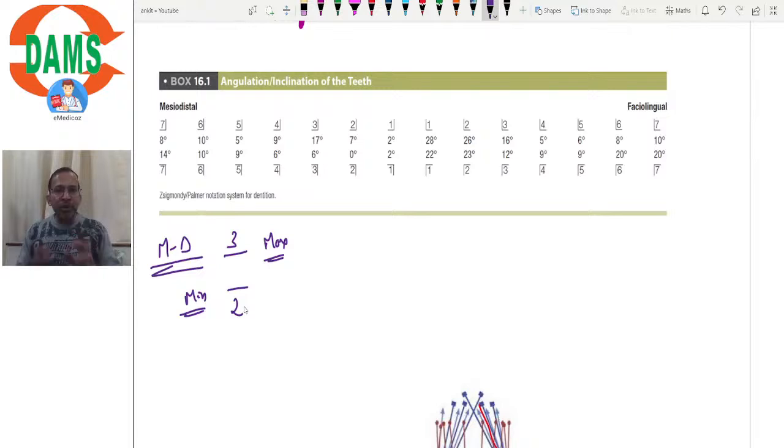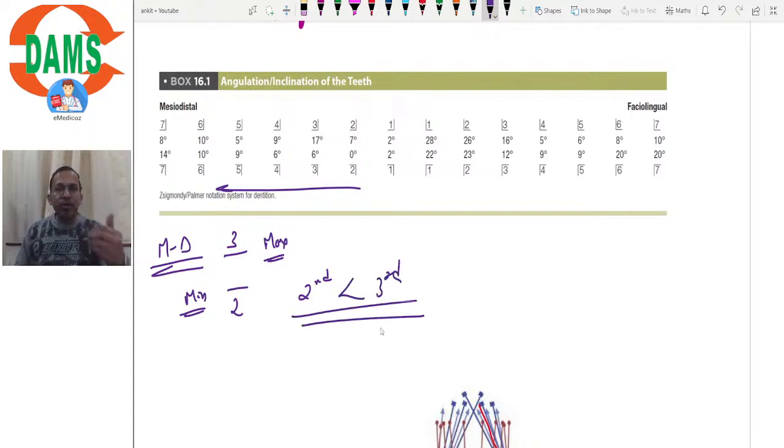मीजियोडिस्टल एंगुलेशन का हमेशा ध्यान रखना, मैंडिबल में एंटीरियर टू पोस्टीरियर बढ़ता है, ठीक है। तो जो सेकेंड मोलर है इस टेबल में तो वो दिखेगा, बट सेकेंड मोलर से भी ज्यादा थर्ड मोलर का मीजियोडिस्टल एंगुलेशन होता है, राइट। So mesiodistal angulation increases in mandible as you move distally. तो थर्ड मोलर का मैक्सिमम होगा, एंटीरियर्स का मिनिमम होगा। अब इस सीक्वेंस में चलें तो 1 का मिनिमम होना चाहिए